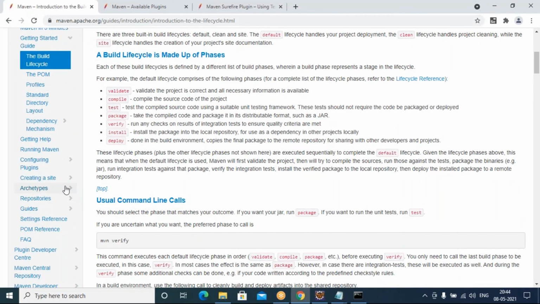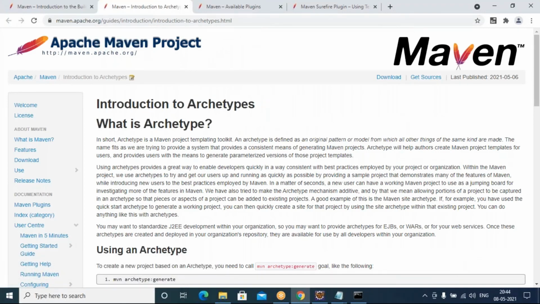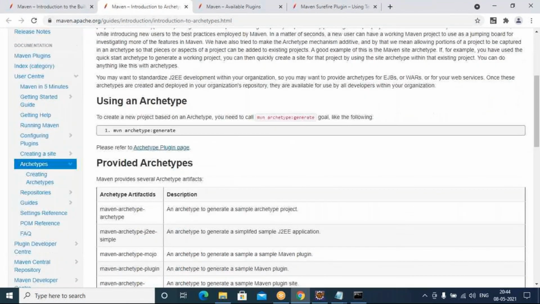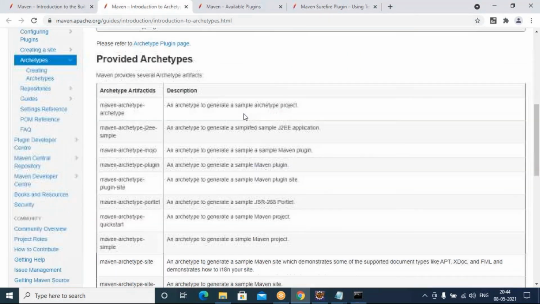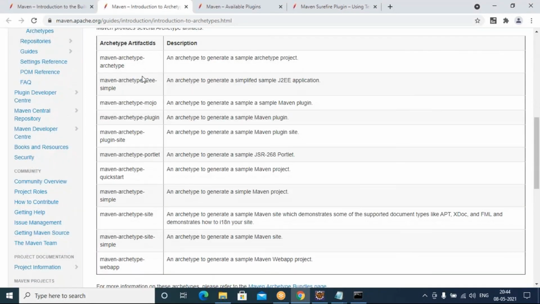Here I'm opening the archetypes list. To generate any new Maven project, you need to use Maven archetype generate, and along with that you tell Maven what type of project you want.